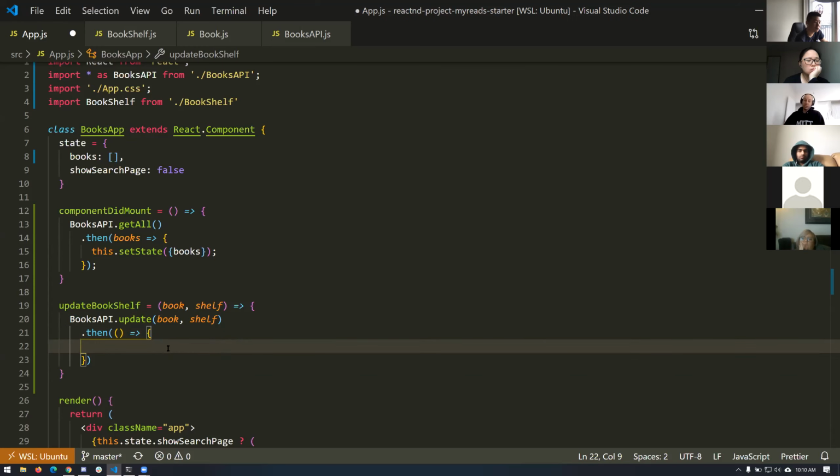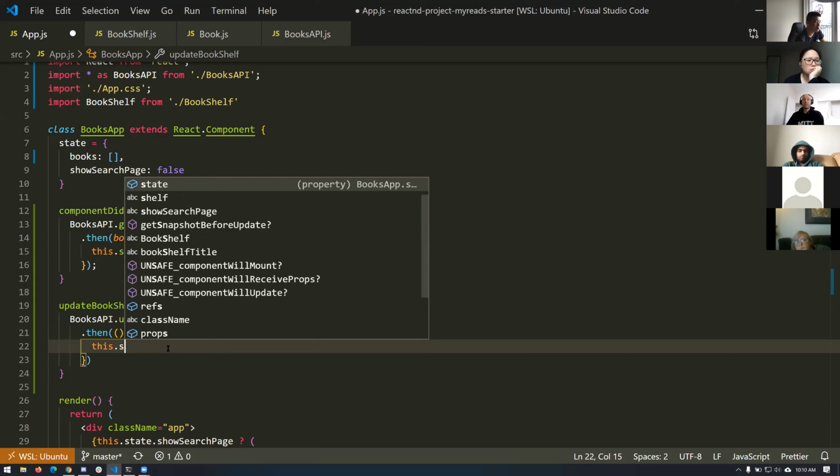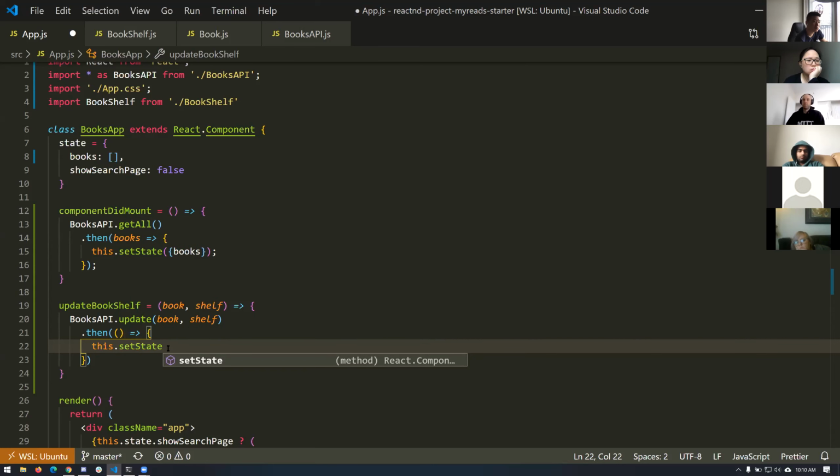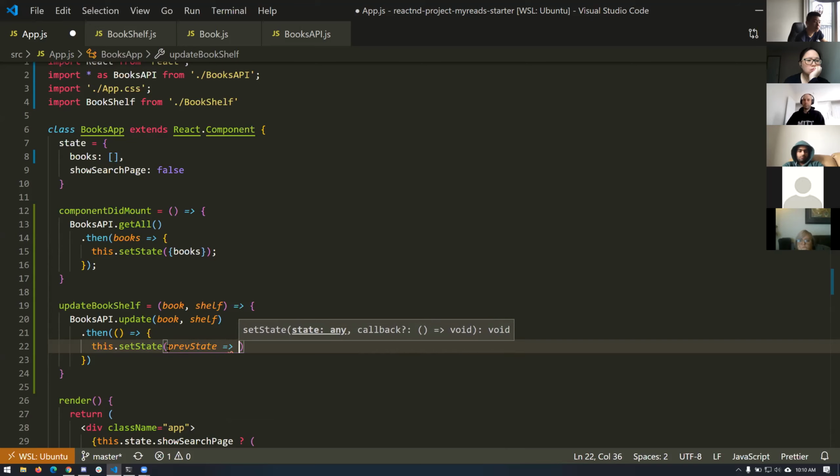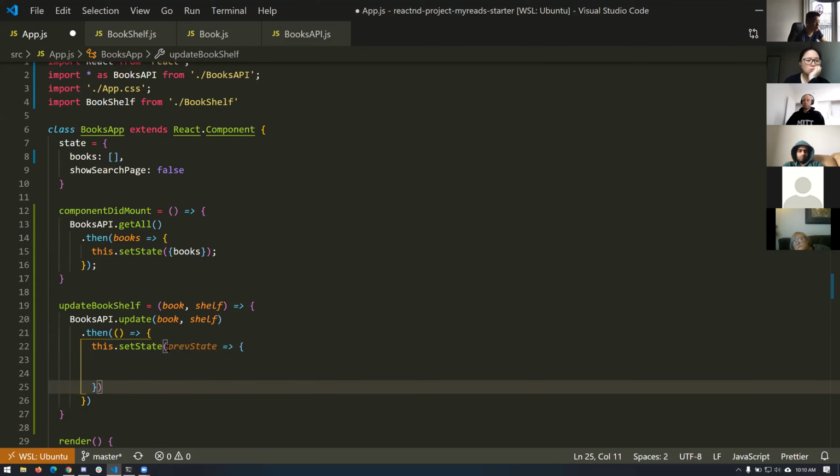So the first thing we need to do is we know we need to use the previous state because we need to go get that book. this.setState, previous state. And we're going to do the long, complicated version because I want you to see it again. Okay, the long, complicated version is